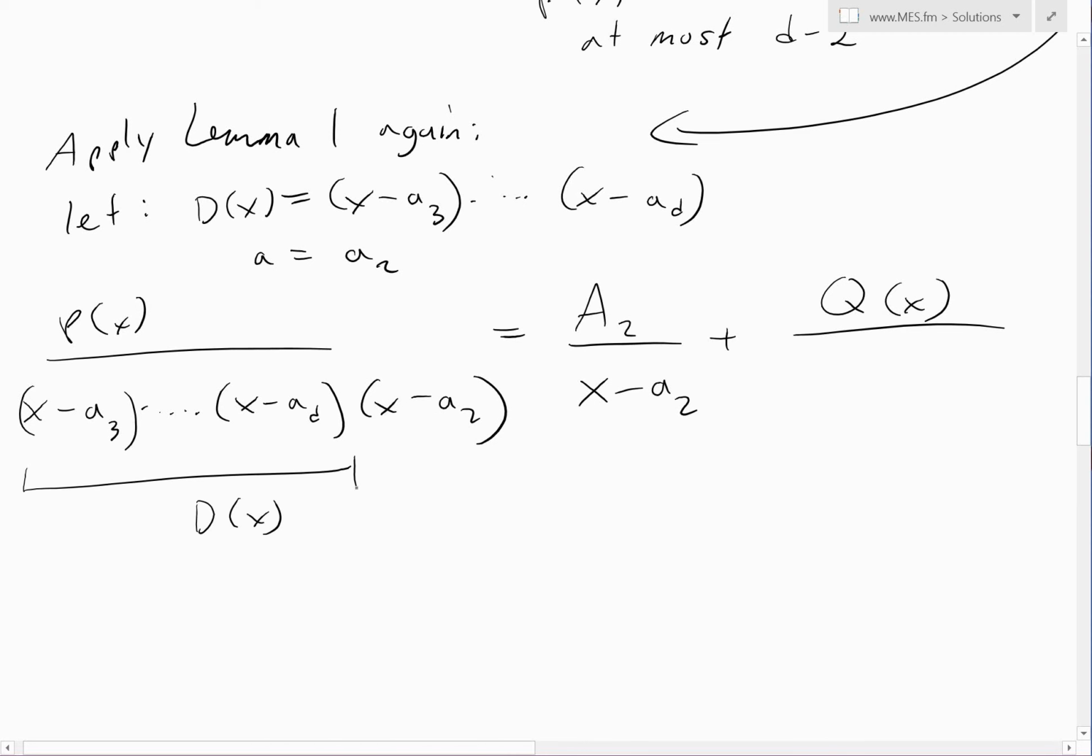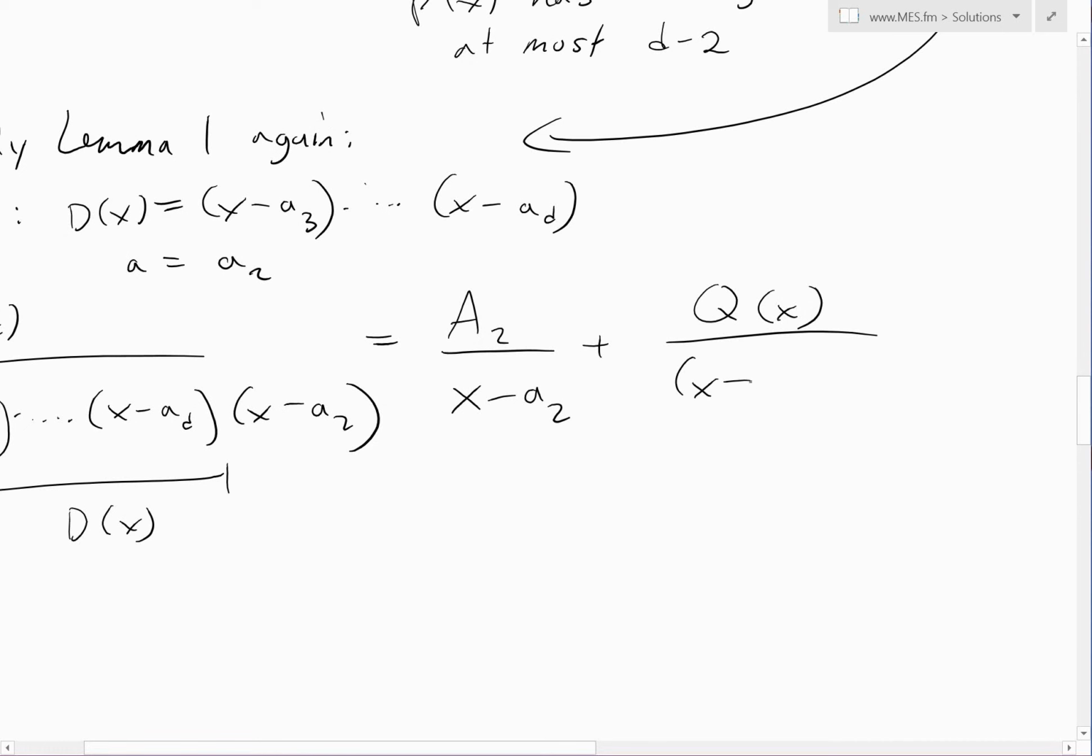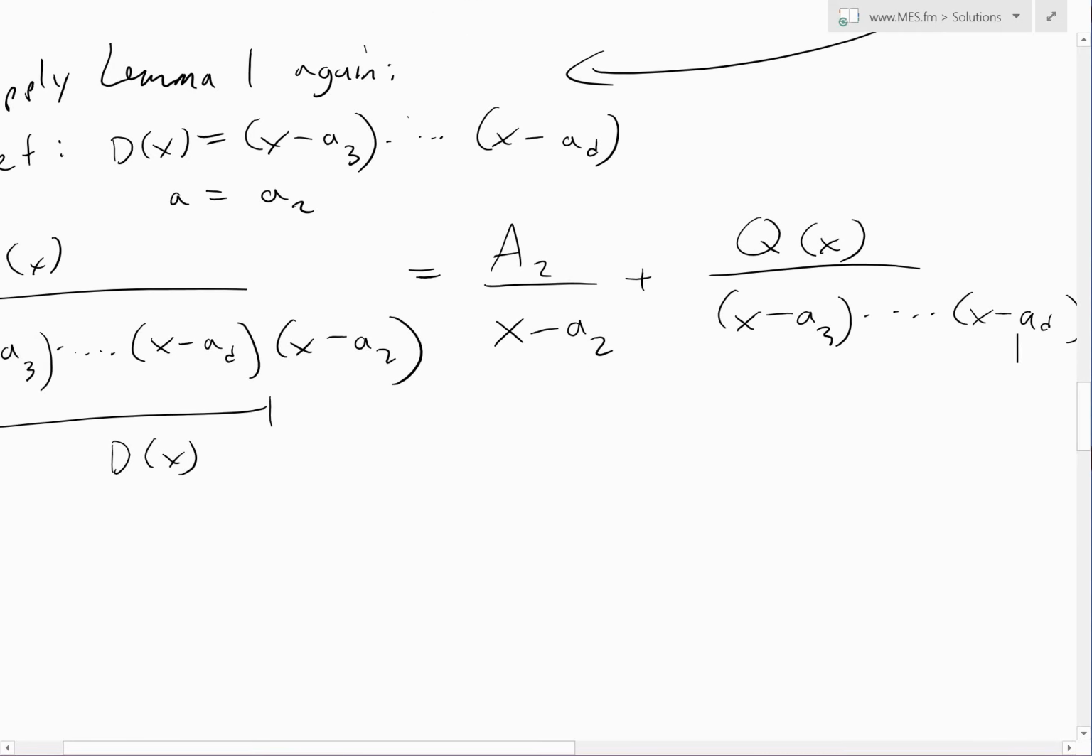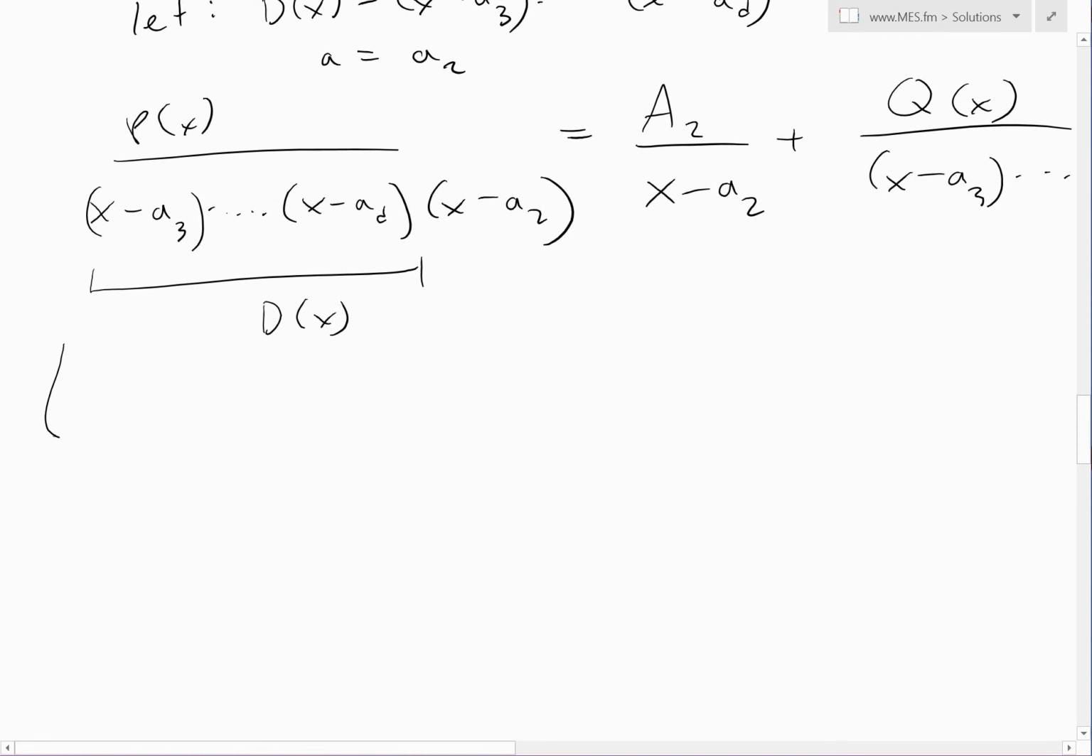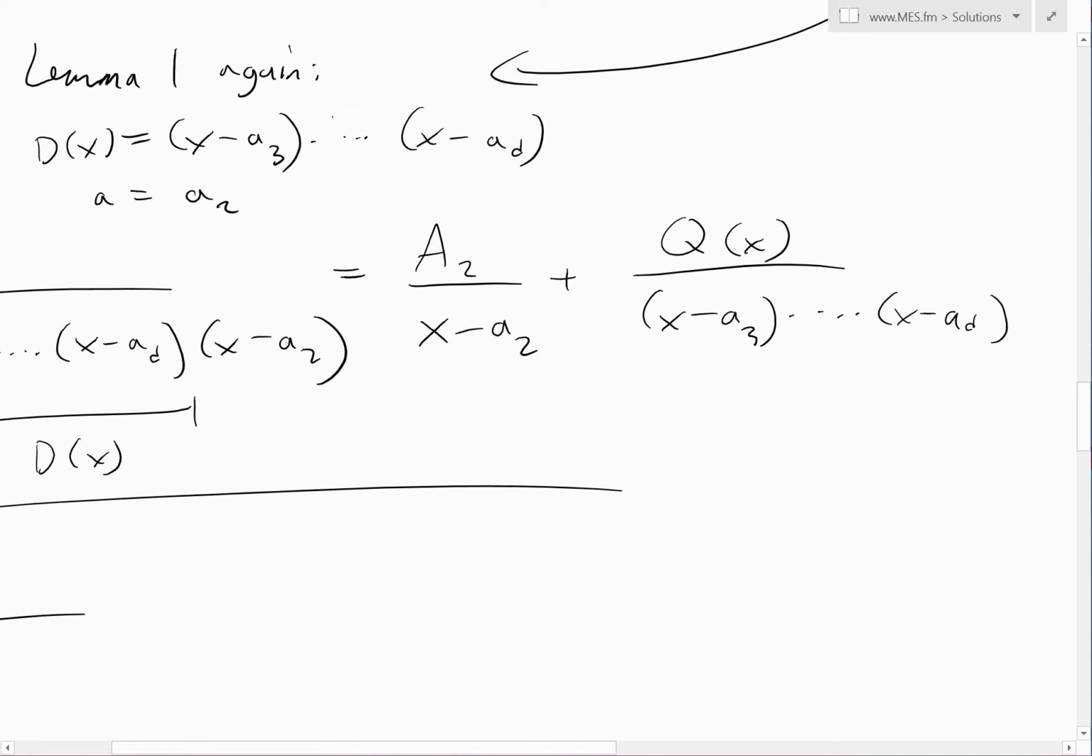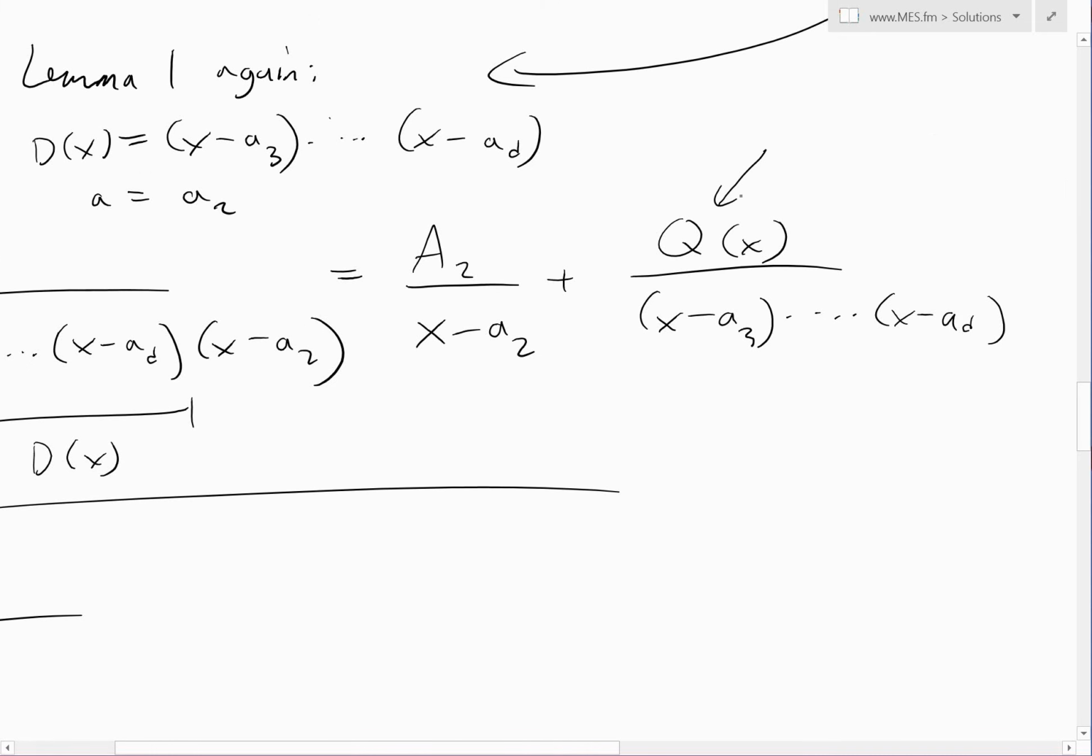Actually, up to here is a new d of x. So we get x minus a3 times all the way till x minus a d right here. So we get all this, and we put these together, we get, so far, n of x, and now we have, well, before I get to this, I just want to say,